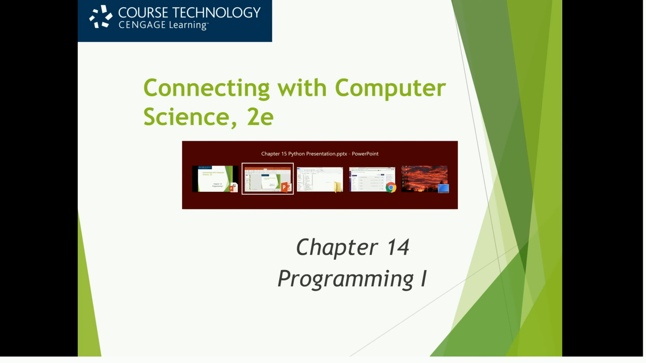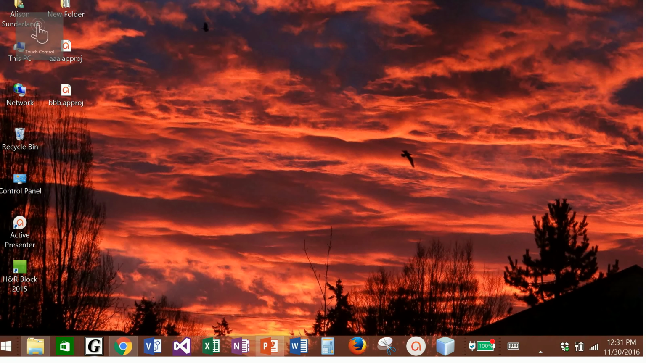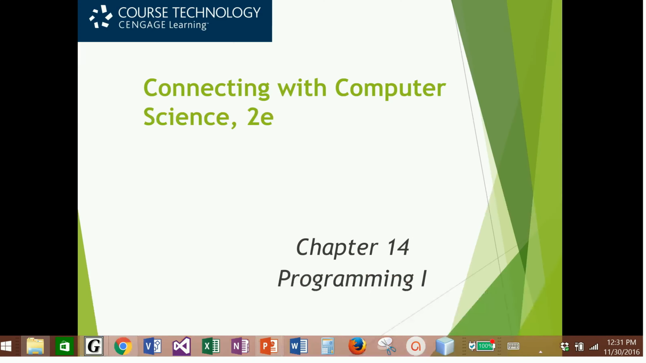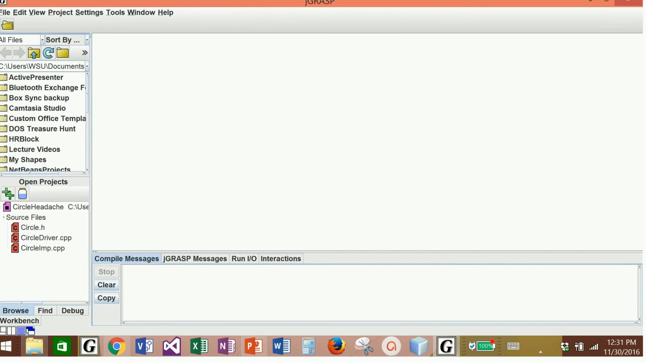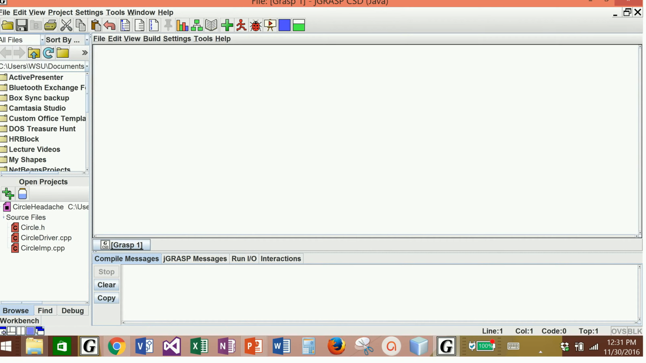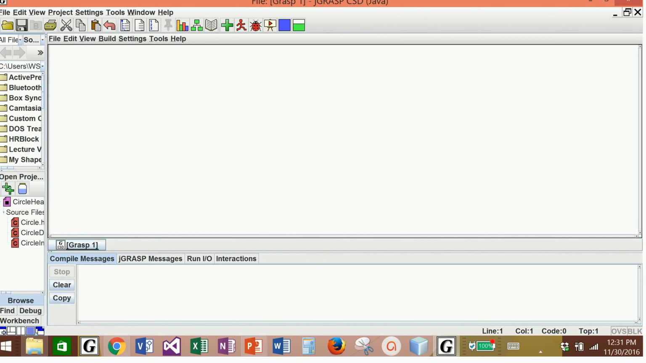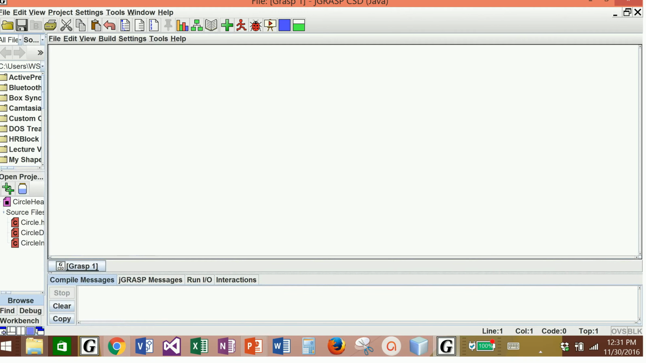So I'm going to open up JGrasp on this computer, and we're going to start with a Java program. So I'm going to do File, New. JGrasp supports a number of different programming languages. Java is one of them. So I'm going to open up a new program in Java. I'm going to move this window a little bit over. And I'm going to move this Run window down just a little bit so I have enough room to write